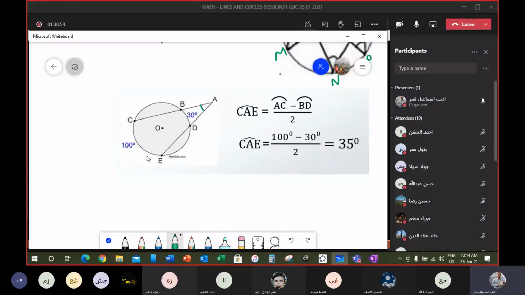We have the arc CE as you can see on the figure. شوفي عندي الارك CE قديش الميجر تبعوله يا حسن عبد الله؟ 100. 100 and arc BD 30 degrees. 30 degree. طيب الانجل between these two secants هي angle BAD او CAE. هاي اللي بدي اياها بسميها CAE or BAD. CAE شو بتساوي؟